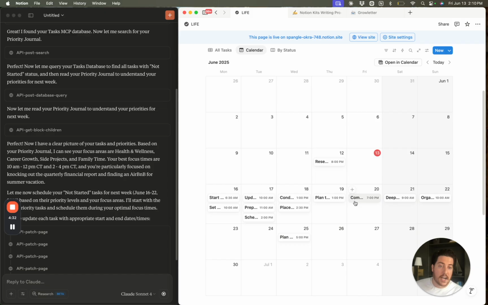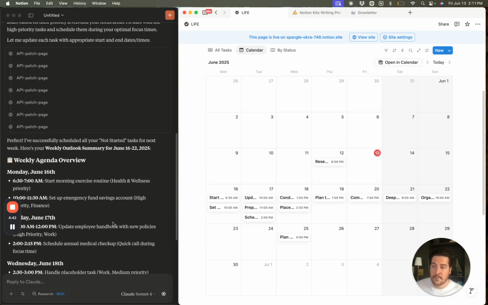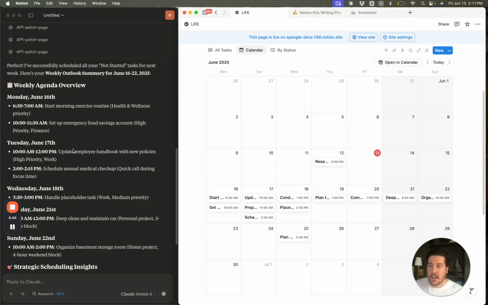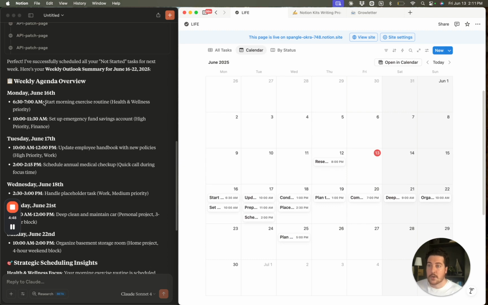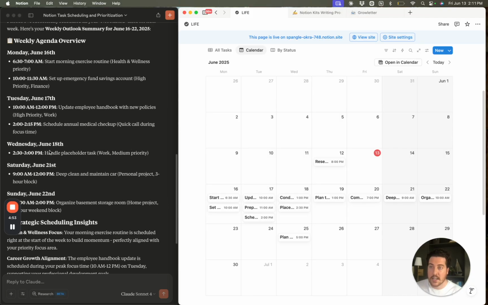If I had defined in my priority journal that, hey, I just want to keep these new tasks between Monday and Friday, it would have respected that. But that was something that I left out in my priority journal. And there we go. And then it spits out a nice overview, kind of a summary of what it did, and what our days are going to be looking like. So you see Monday through Sunday here,